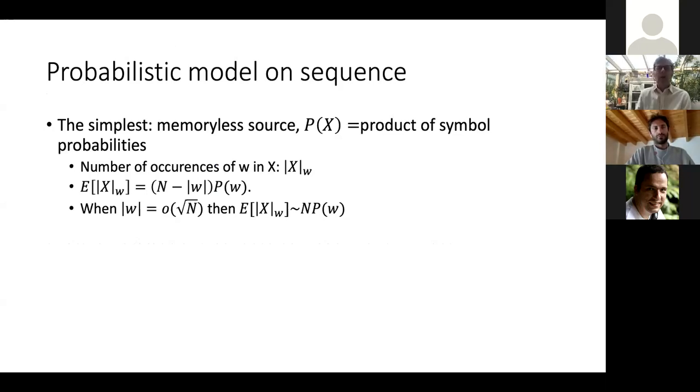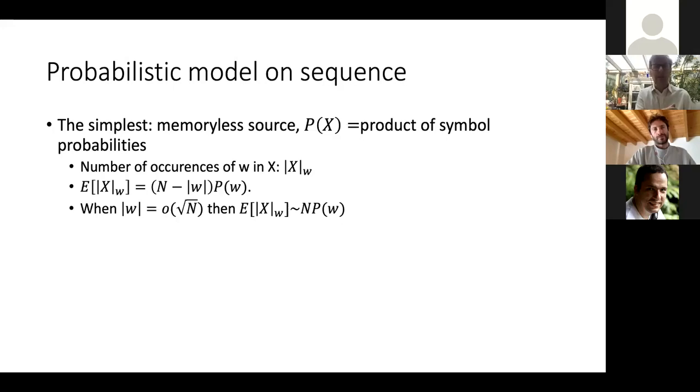And also, we are going to discuss some aspects of information theory. Information theory means that you need some probabilistic model of sequences. First, we take the simplest of all models. All the symbols are selected independently, randomly. It is called the memoryless source, because there is no correlation between two consecutive symbols. The probability of a text is a product of the symbol probabilities, and for the number of occurrences of the factor in X, you have just to check every position,